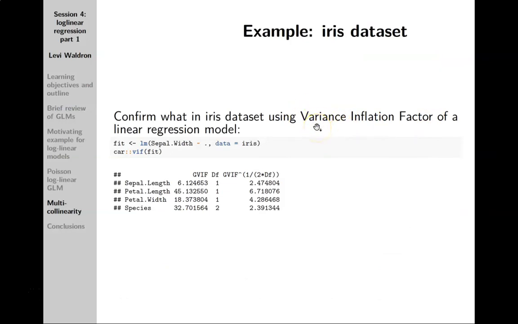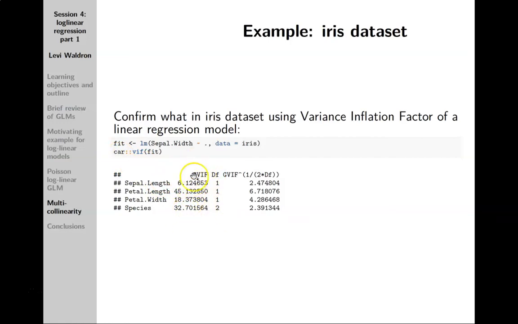Just so you know something about variance inflation factor, I fit a model here with all of the predictors and sepal width as the y variable, just because it's continuous, so I can do a regular linear regression. From a fit model like this, and this also works for GLMs if you were doing a Poisson log-linear model or a logistic regression, you can use this VIF function from the car package. And it gives you a simple little output like this,